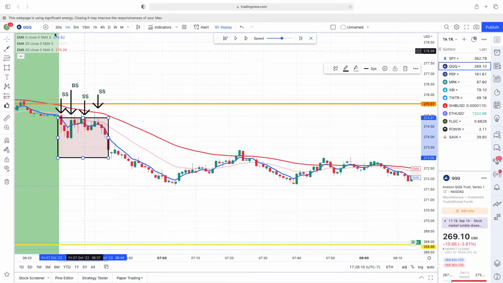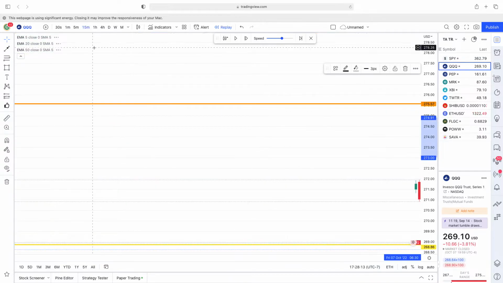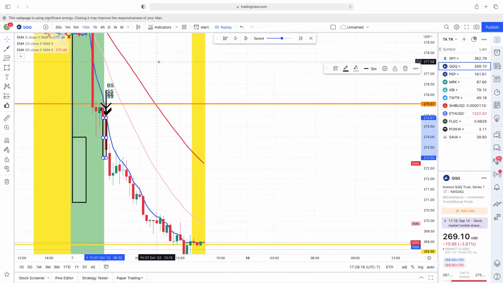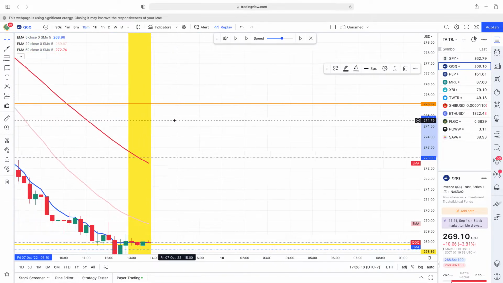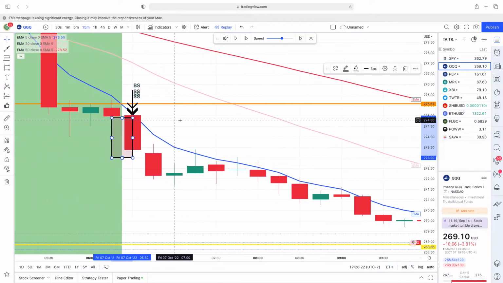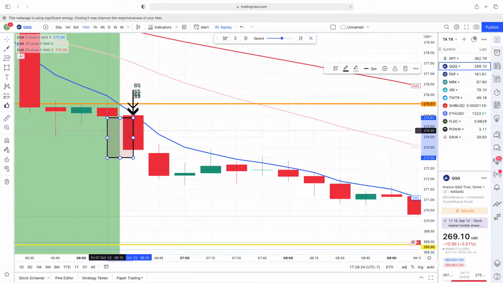Okay, let's jump back to the 15. Man, this is annoying that it's doing that. It usually doesn't do this. Okay, I guess since I want to record. So, are those 15 candles, starting from here,